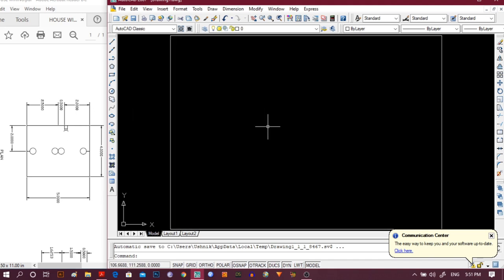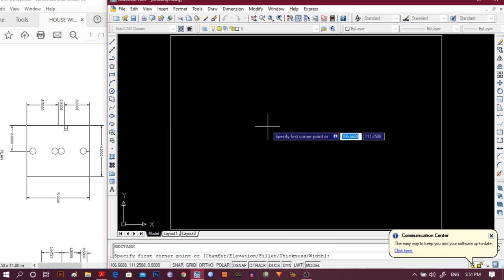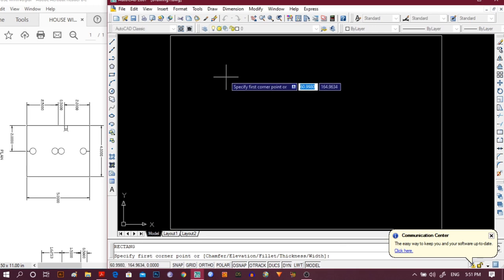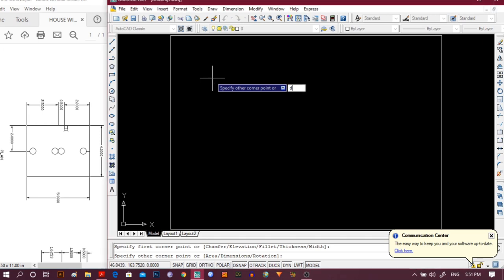So first I take a rectangle, then specify the first corner point. Now I have to give the dimension of that particular rectangle. Then I have to specify the length for the rectangle. As we can see, the size is 5 by 4.